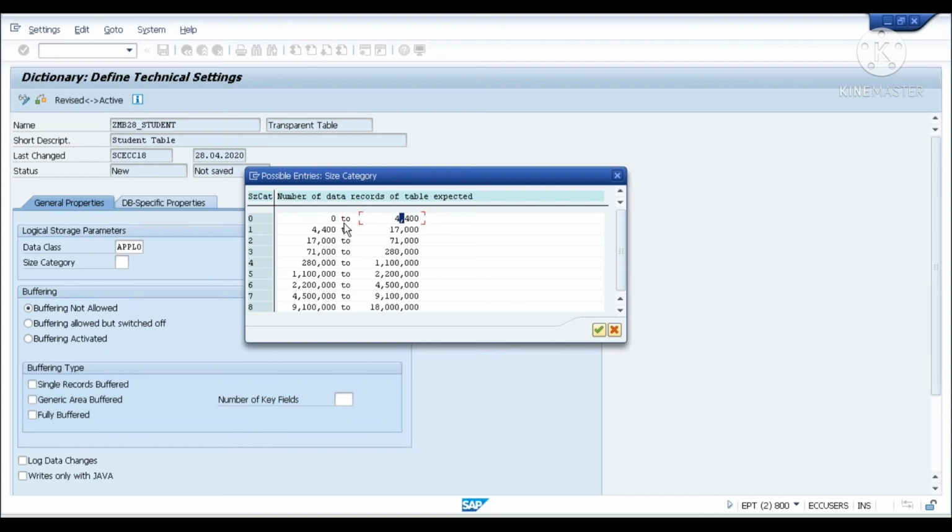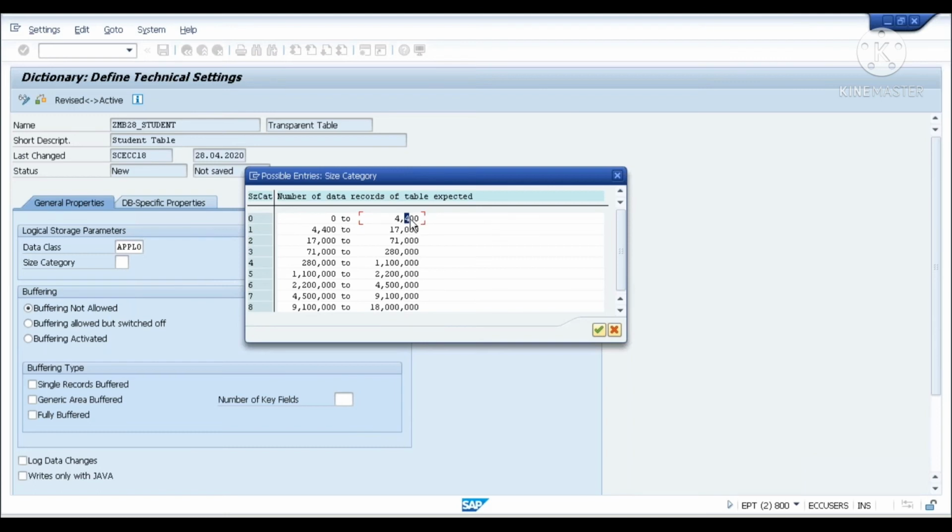Yes, sir, it works, but again it will automatically change from 4,400 to 17,000. No. It will work, but it will not change automatically. There is no automation actually. This size category will not change automatically, but what will happen is that it will allocate the memory initially for 4400 records.